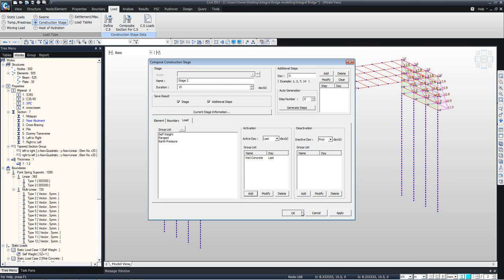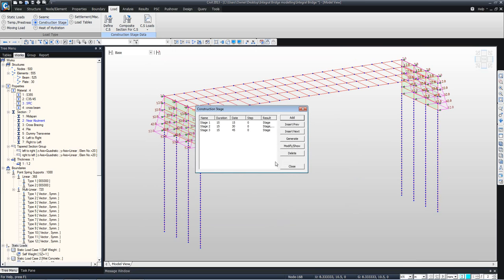Click OK. Stage 3, this is the stage when the concrete is actually casted and the composite action is complete. So we can say this is the stage for, say, again 15 days, and this time transverse grillage members will be activated because the slab has been casted and will have a grillage behavior in this stage. Loads, no new loads added. The weight of the slab has already been considered in the previous stage, so it will keep as it is,